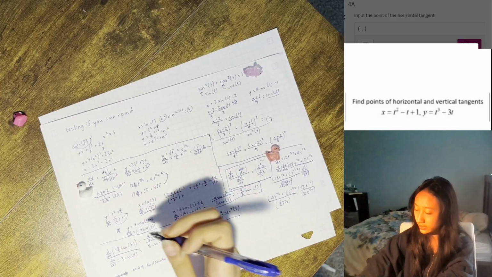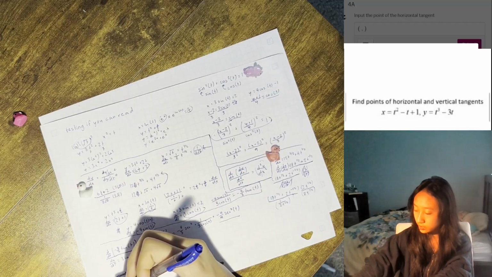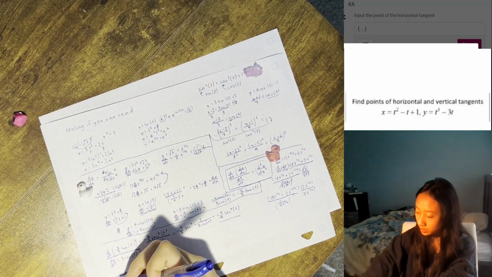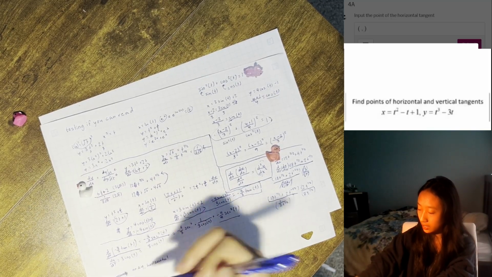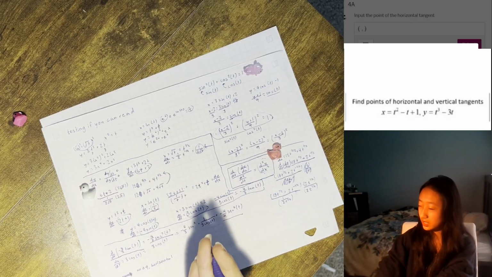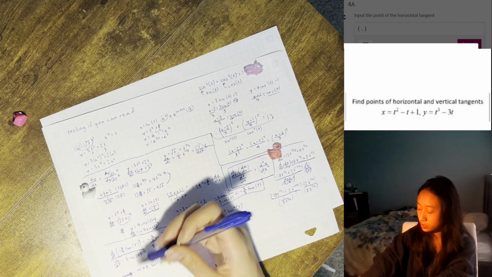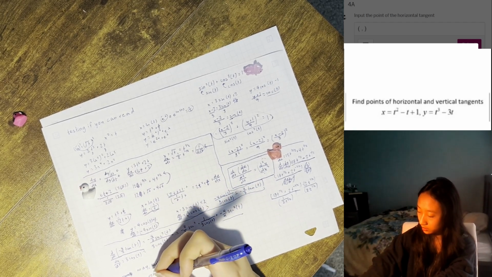On the other hand, when we're talking about a vertical tangent, the slope is going to be undefined. There's no change in x because we're just going strictly up and down. We don't have any change horizontally, we're just going vertically. So for a vertical tangent line,